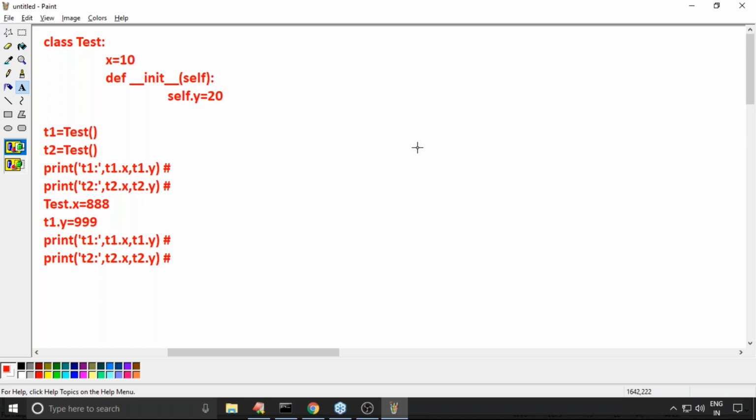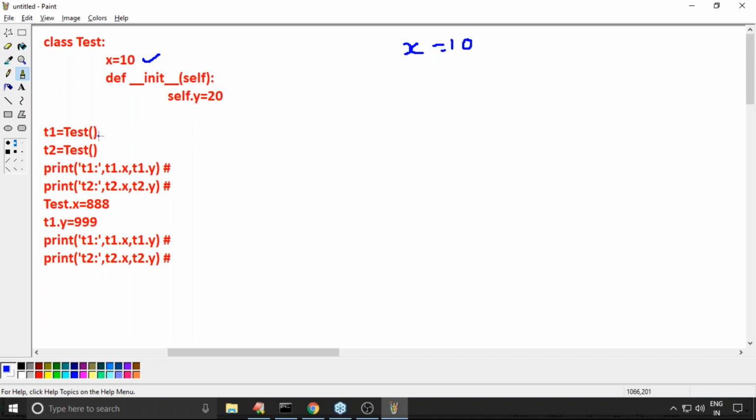Please observe carefully, and take a bit of special care about this one. Here x is equal to 10, a static variable. The static variable will be created at the beginning. The x value is 10.